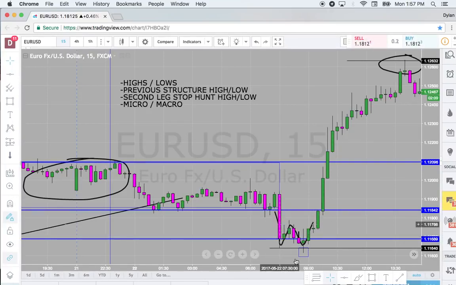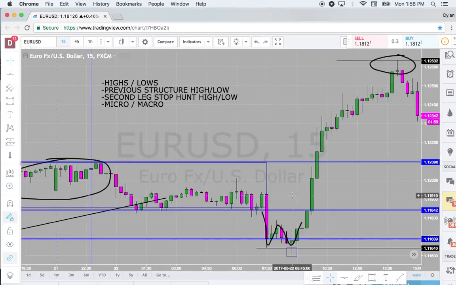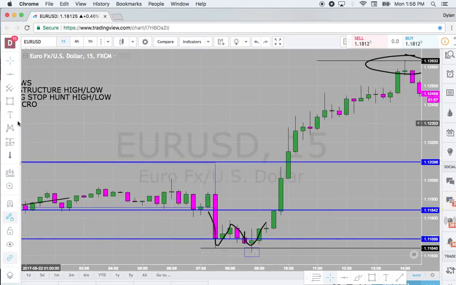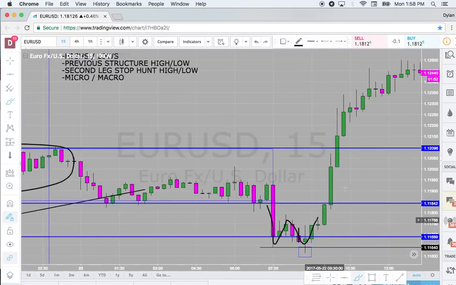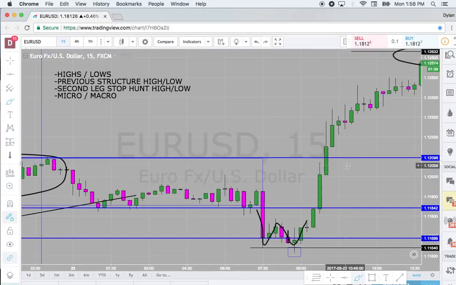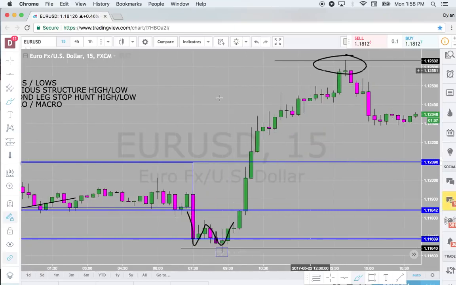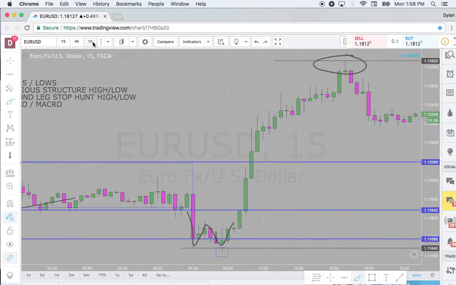So, the W formation is a trap. The second leg stop hunt to the low. We had the second leg stop hunt to the low. This is the trap. Right after that stop hunt to the low, what do you see happen? 1, 2, 3, 4, 5, 6, 7. Seven green bars straight up without one red bar in between. Seven green bars on the 1 hour chart,